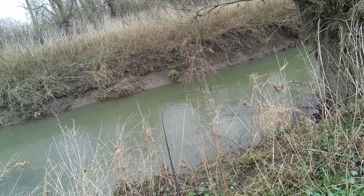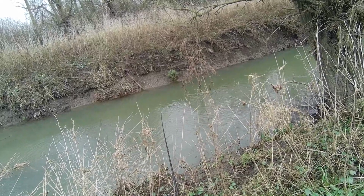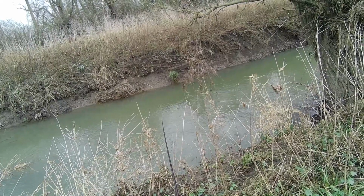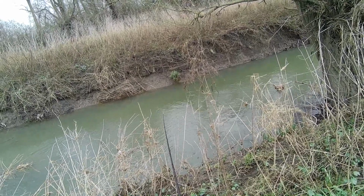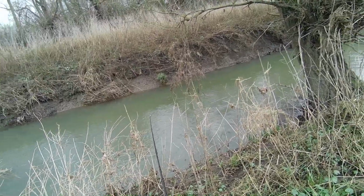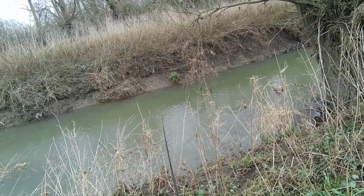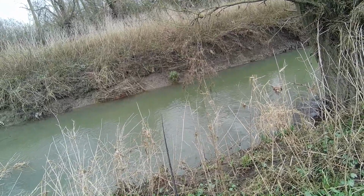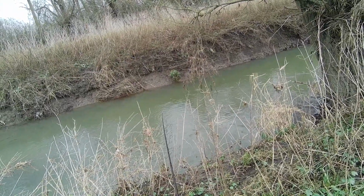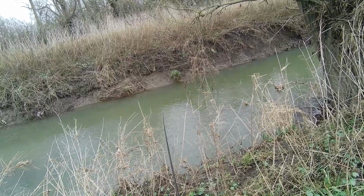So I tend to start here because it's been very, very successful in the past. But after the rains we've had and the floods, there's nothing really guaranteed at the moment. That's obvious. Normally, if there's a chub there, it would have taken by now. So I'm not sure we're going to be in luck, but